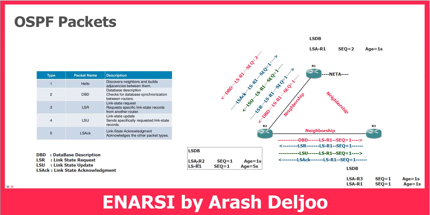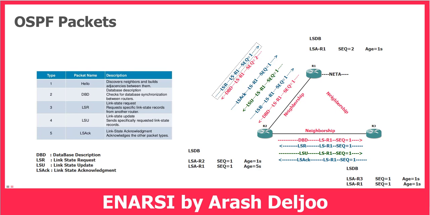As you can see, it finds that there is some new, more recent information in the link state of router 1. I don't have this information. Why? Because our sequence number for the LSA of router 1 is 1. Because of that, router 2 is sending a link state request